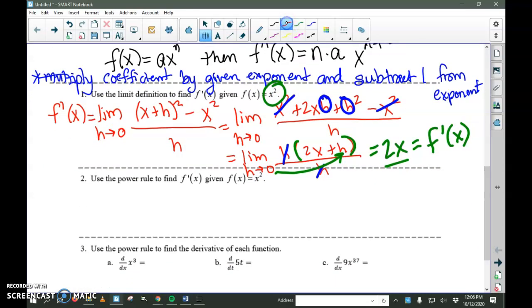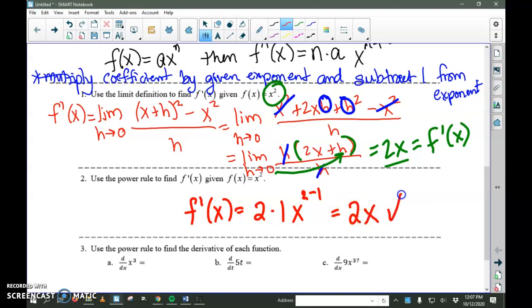If I would have just used the power rule from the beginning and I have that f of x equals x squared, I would have said, well, f prime of x is equal to my exponent, 2, times the coefficient, which is 1, so that doesn't change anything, x to the 2 minus 1. I'm going to take that original exponent and subtract 1. When I clean that up, I get 2x. Oh yeah. Whew, that was so much faster. And so the idea is now that I have this